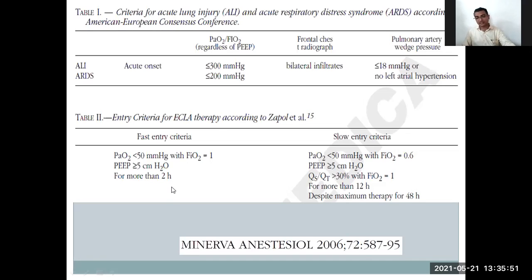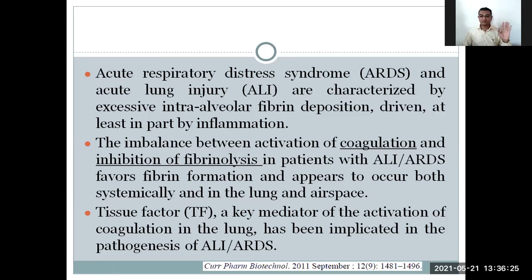Then there is fast entry and slow entry. Fast entry means you need to go immediately. Slow entry, okay, you can go for FiO2 of 0.60, meaning 60%, when the PEEP is more than or equal to 5 cm of H2O. So Qs and Qt, the ventilator diagnostic criteria, when the FiO2 is 1 for more than 12 hours. So slowly it is going for that. So it is a therapy where we can go for one thing. Yeah. So ultimately,